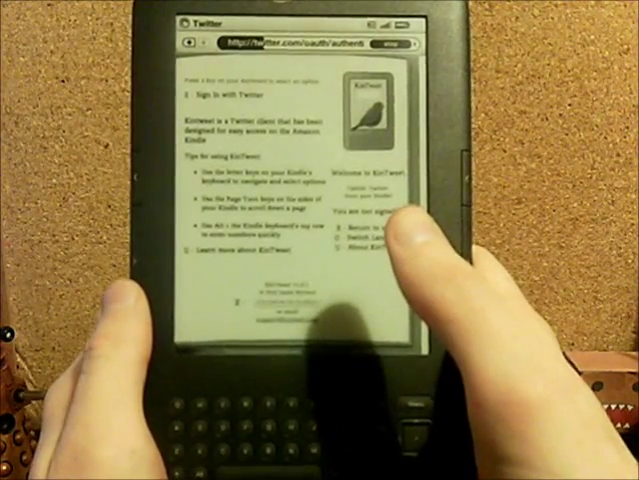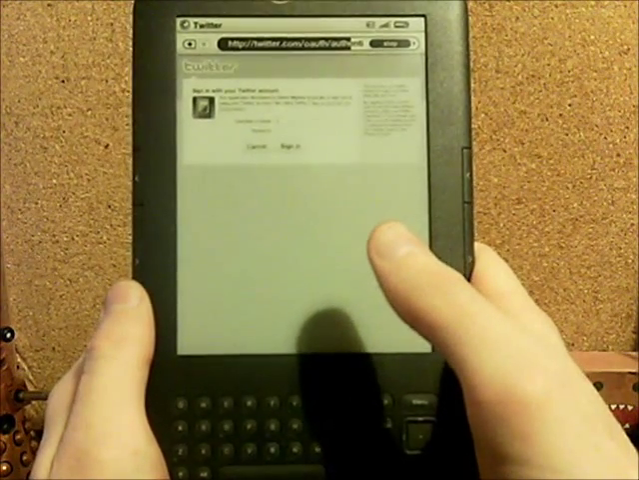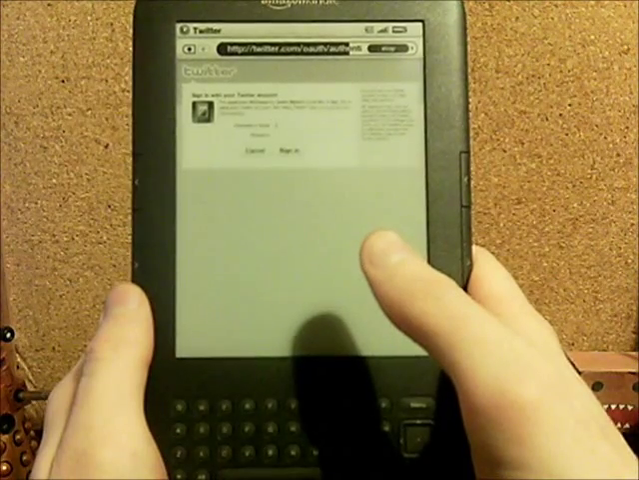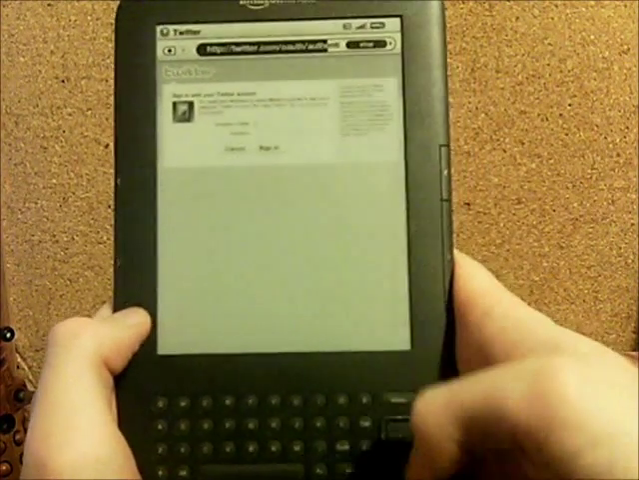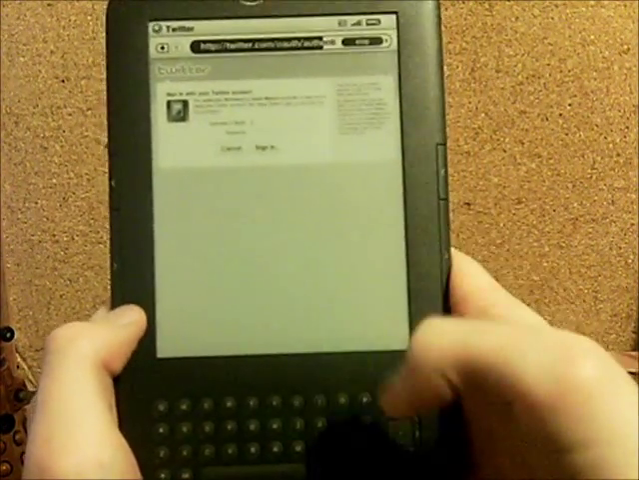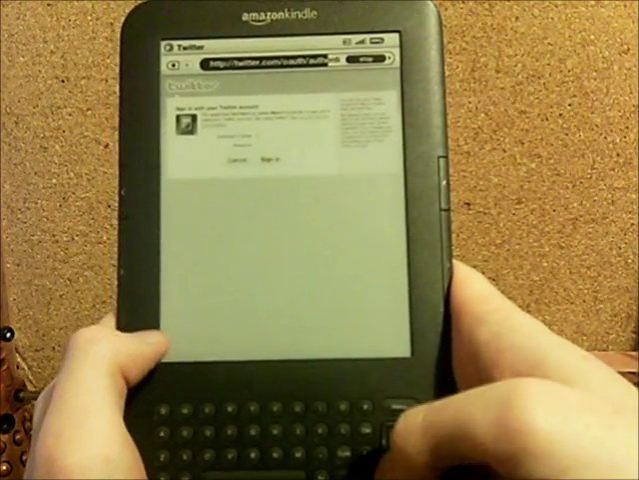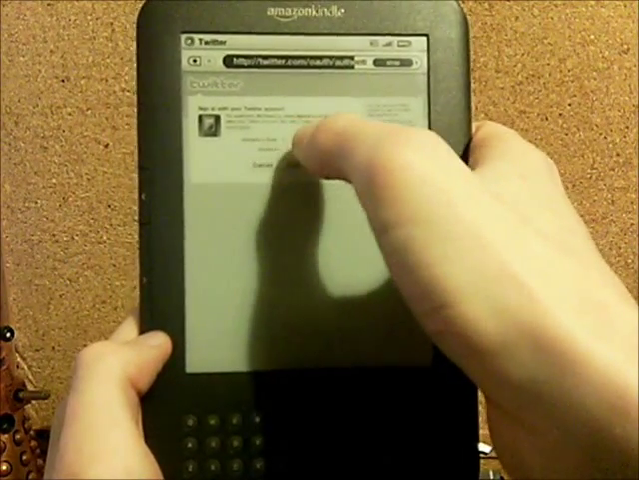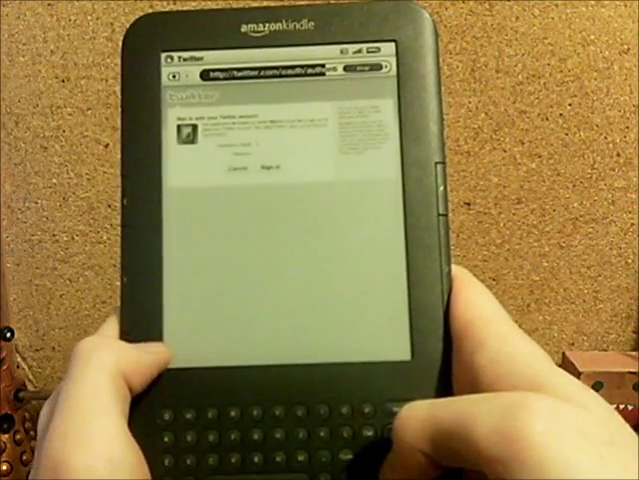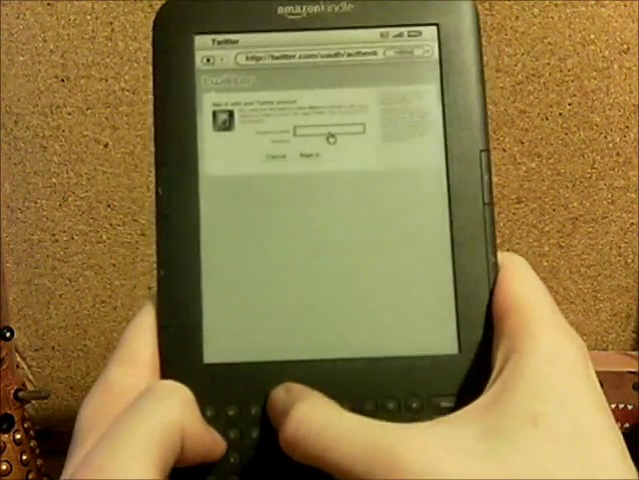And we're taken to Twitter's authorization page. Now this is the only part of the site that's not optimized for the Kindle, but if you press down while the page is still loading, it should jump straight to the username or email field, and then you can type in